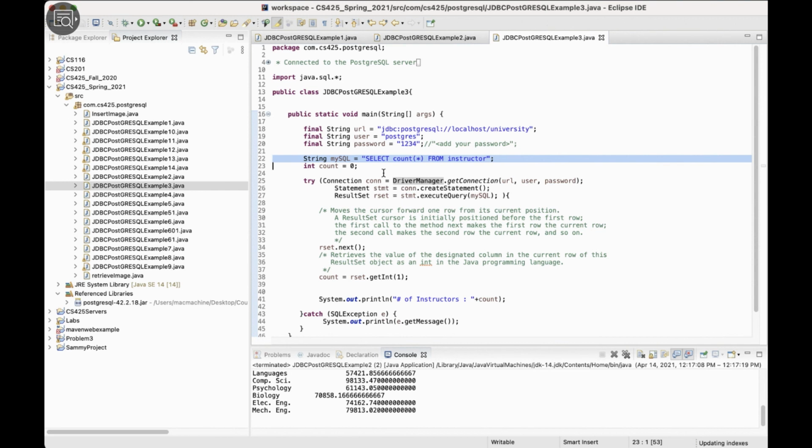Because what you said, select count star, so you give me only 1. Exactly. 1 result with the count. So expect only 1 tuple to be the result. It might be empty, it might be null, it might be 0, whatever. But at least the result is going to be 1 tuple. So I know it's 1 tuple. Do we need a while loop? No. You can do a while loop, but since it's 1 tuple, I know because it depends on the command that you have. So as I connect, I said just